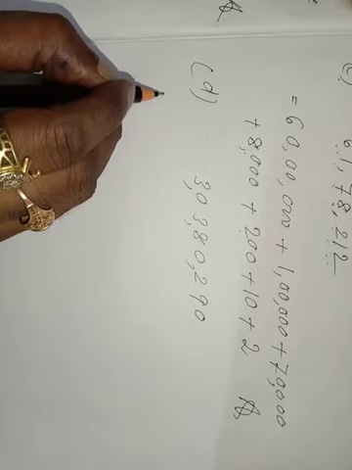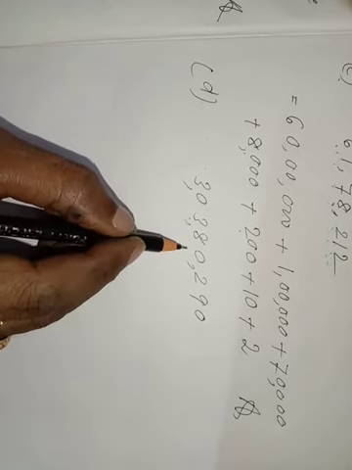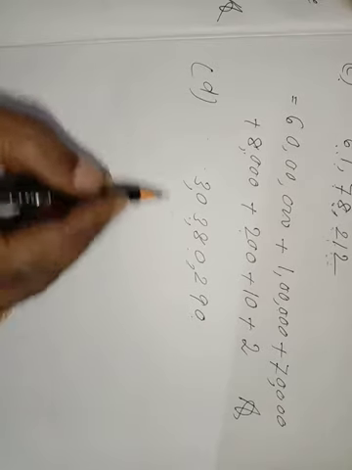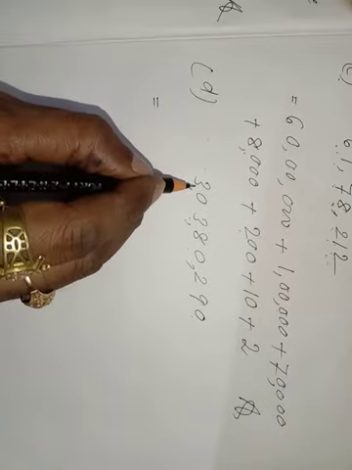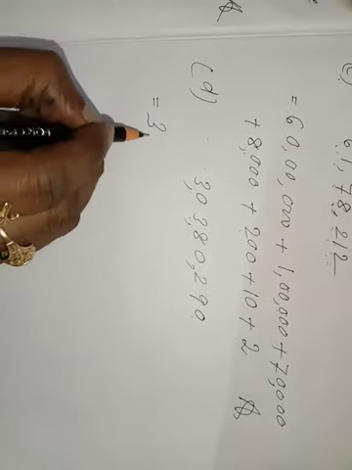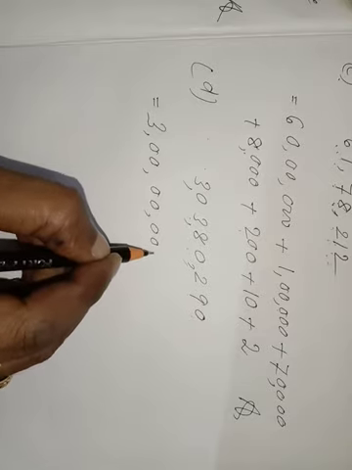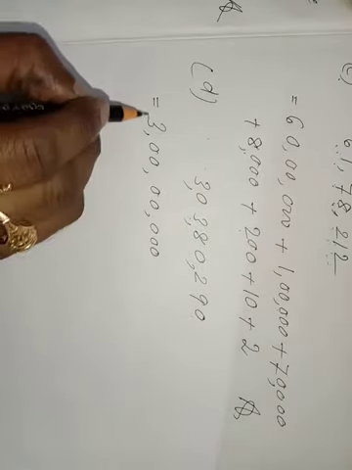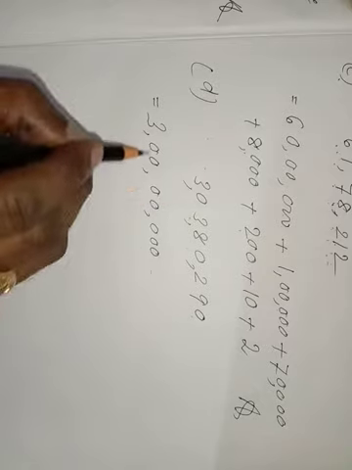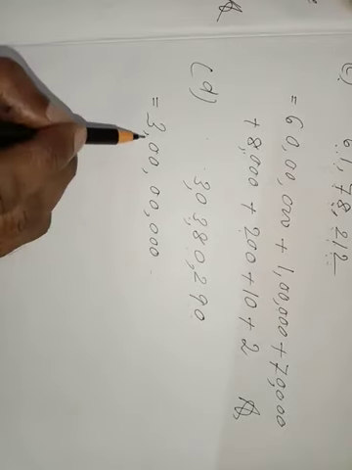See the number 3 crore 3 lakh 80,290. You have to write in expanded form. See, 3 crore, first digit is 3. Write here 3. How many 0 I write here? 2 0, again 2 0, again 3 0. Okay, first digit 3, I am writing 3, next all 0 I am writing here. How many 0 I am writing? 1, 2, 3, 4, 5, 6, 7 0 I have written here.